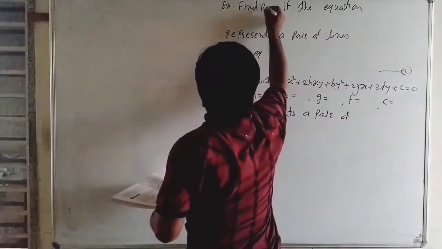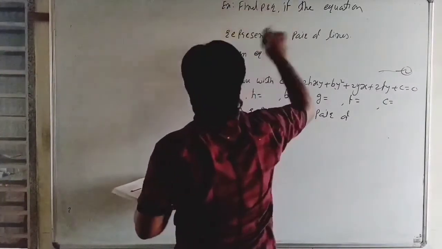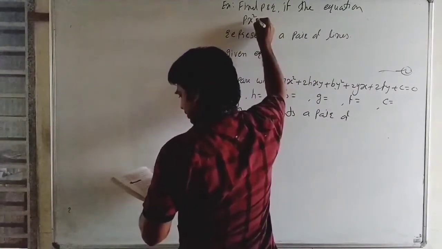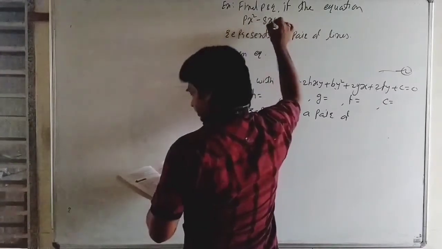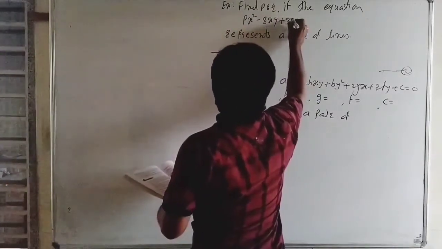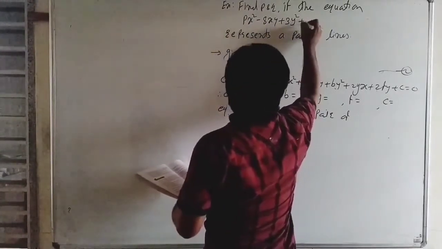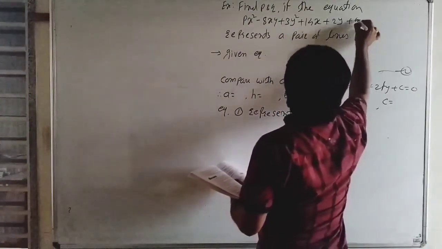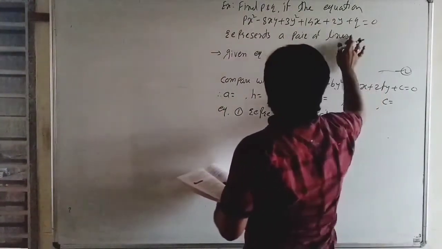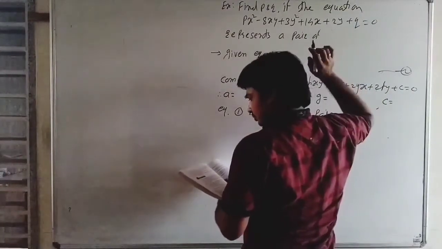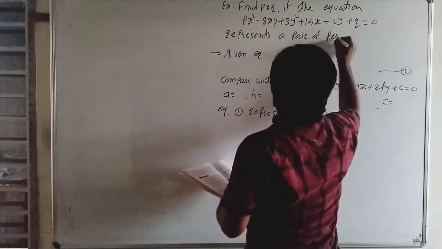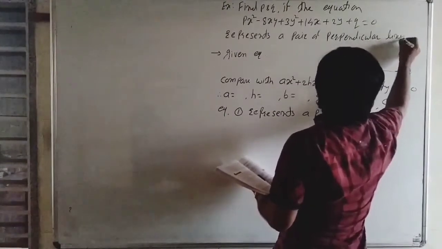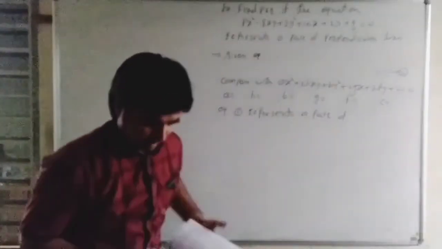Find p and q if the equation px square minus 8xy plus 3y square plus 14x plus 2y plus q is equal to 0 represents a pair of perpendicular lines. Okay. Now,